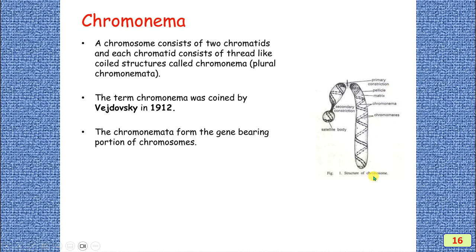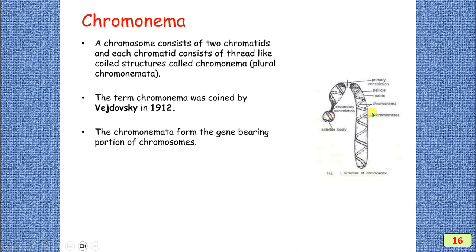And this is the structure of a chromosome with chromonema, which means the chromosome consists of two chromatids and each chromatid consists of a thread-like coiled structure called the chromonema. These are all the chromonema. The term chromonema was coined by Vedovsky, a Russian scientist, in 1912, and the nemata form the gene-bearing portions of the chromosome. So this is the gene-carrying structure of the chromosomes, and this is the satellite body, and this nick is